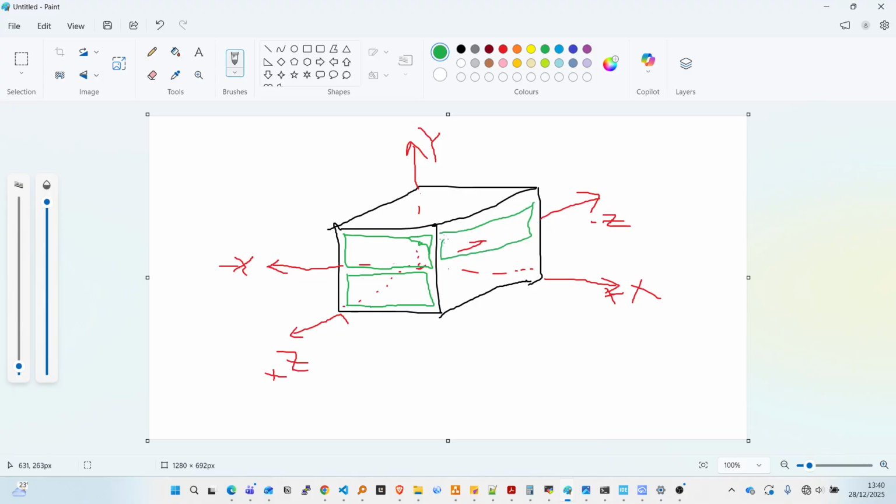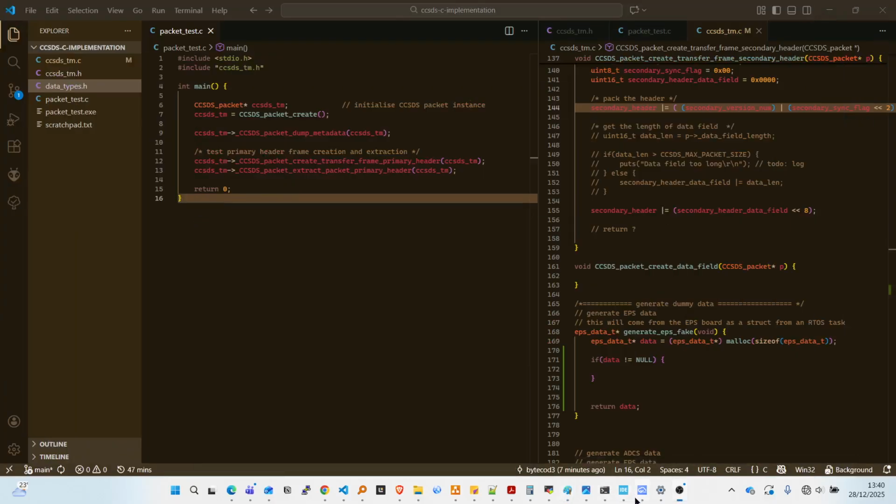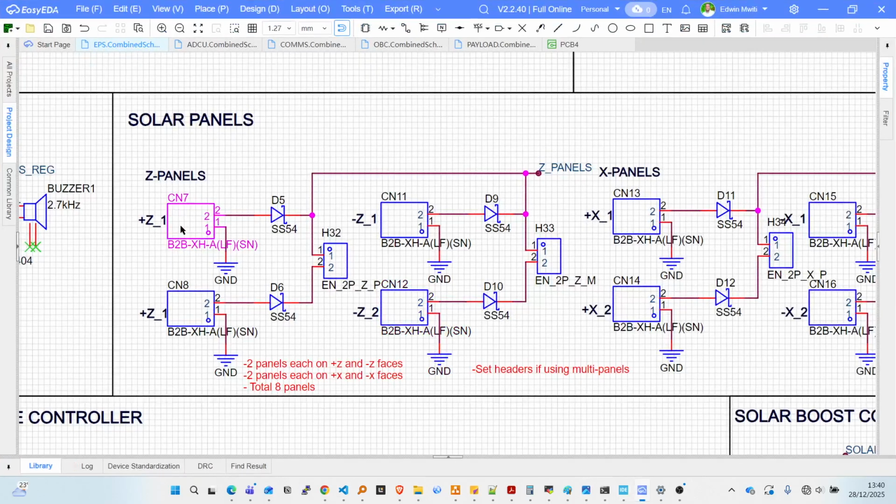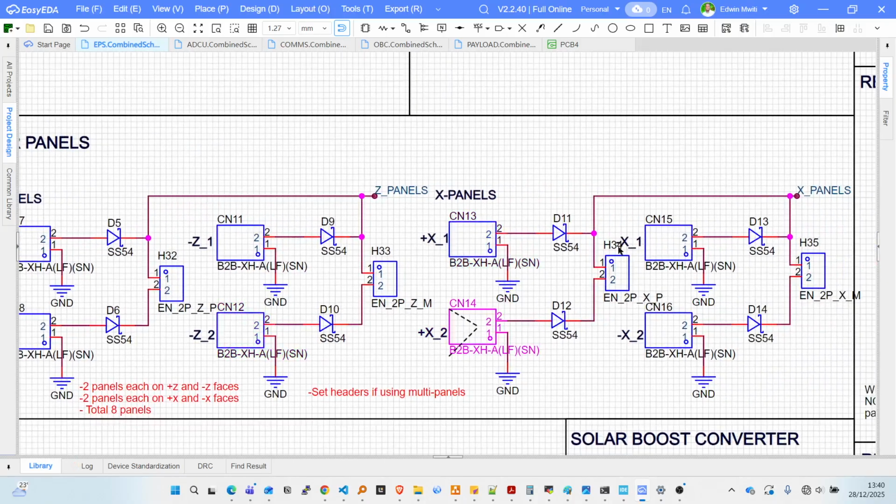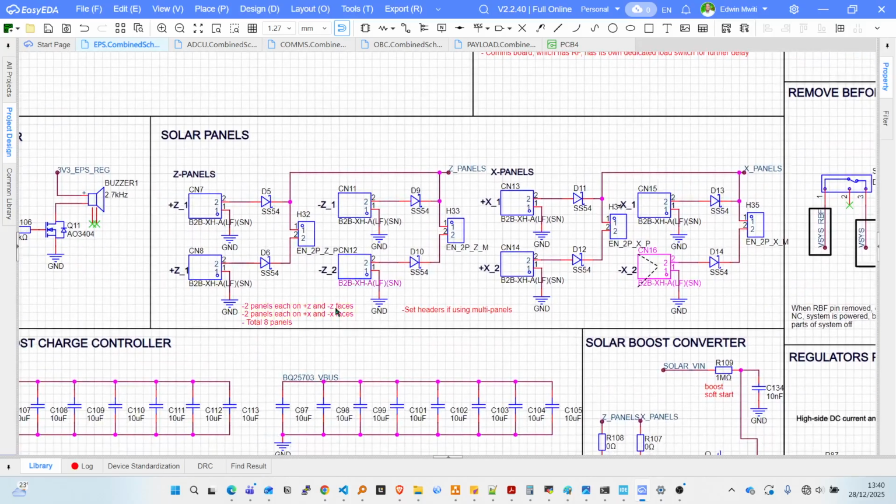So if you think about it, if you have this configuration of having two panels on each face, it means you have two panels on the positive z, two panels on the negative z, two on the positive x, and two on the negative x. So the hardware or the design is able to handle two panels on positive and negative z, and two on positive and negative x. That is if I go with